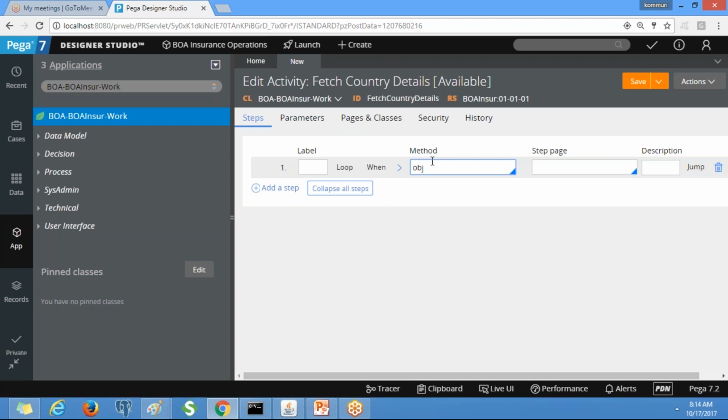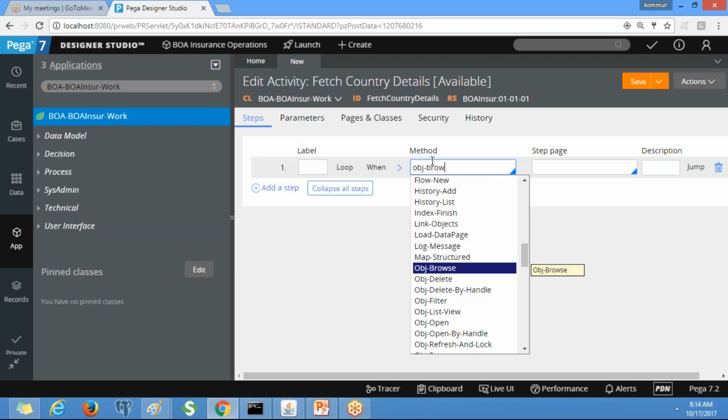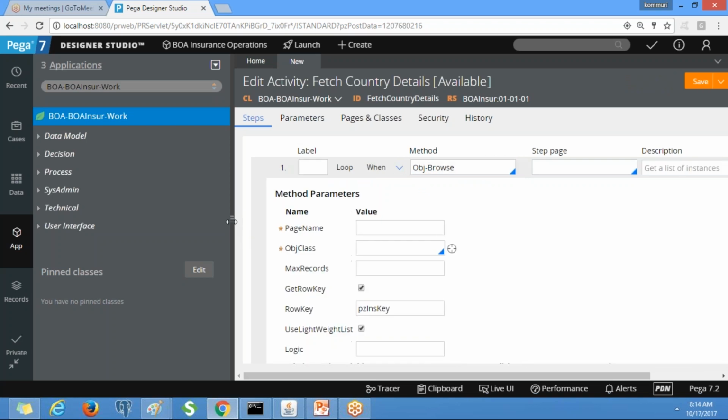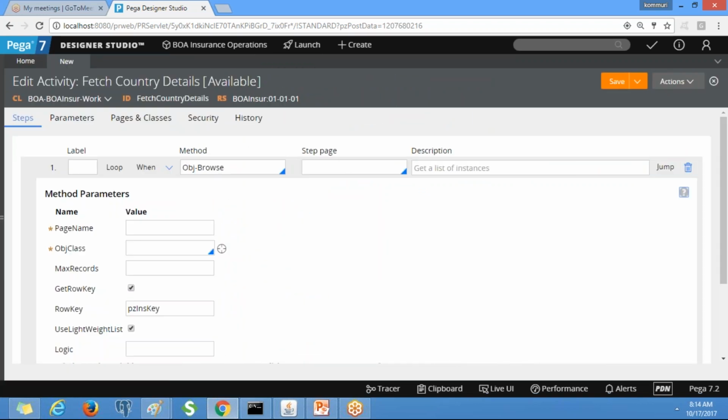Here we are going to use the obj_browse method. When you expand obj_browse, you need to provide the parameters: the page name and the class name.